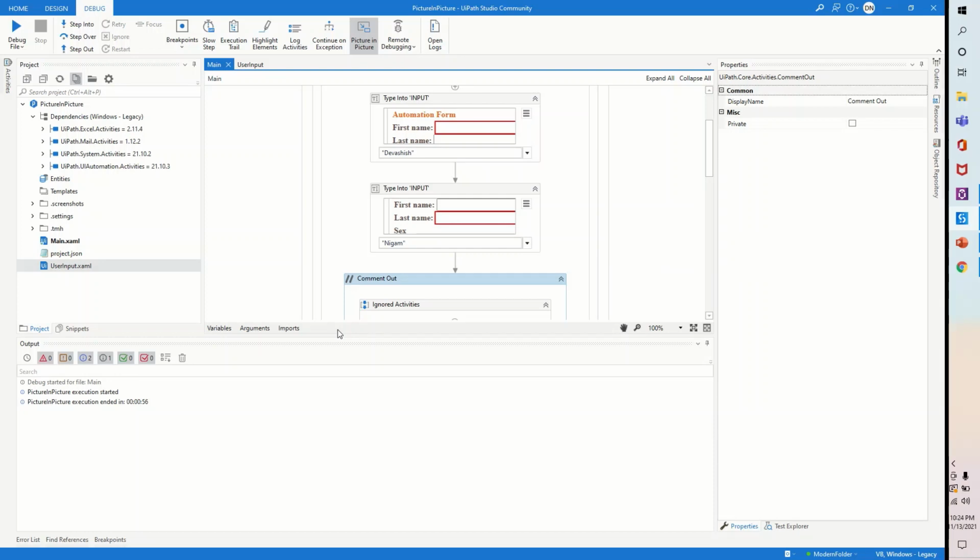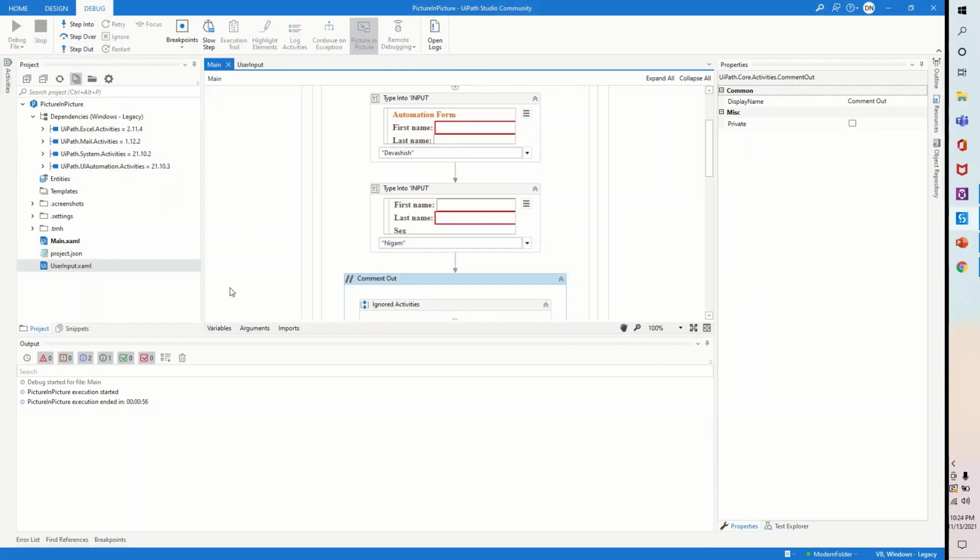But with this picture-in-picture feature, it would run the automation in a particular window, and alongside you can work on the task. Let's say you are working on some application or writing certain mails. You can continue doing that, and the automation would run in a particular window. So let me run it and show you.